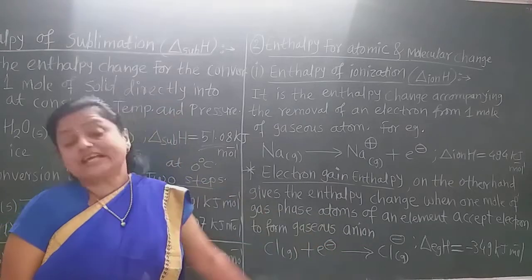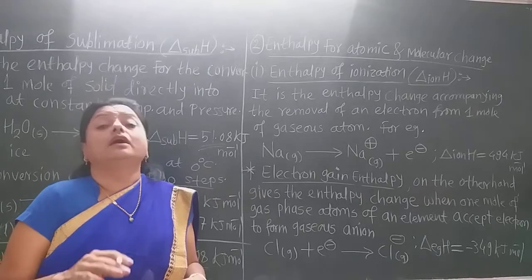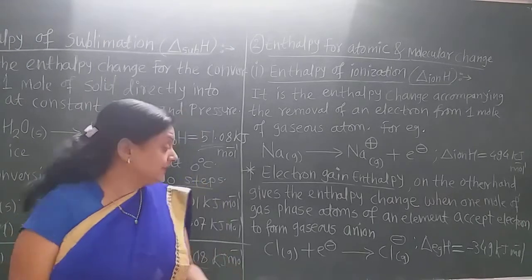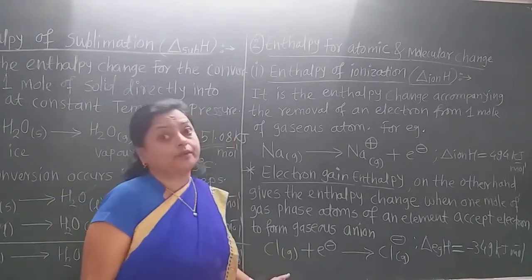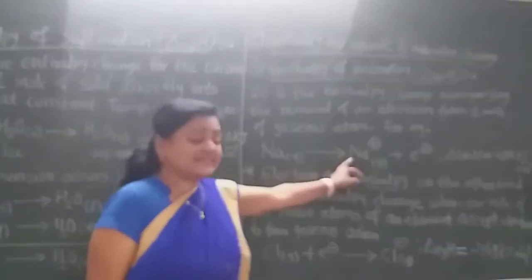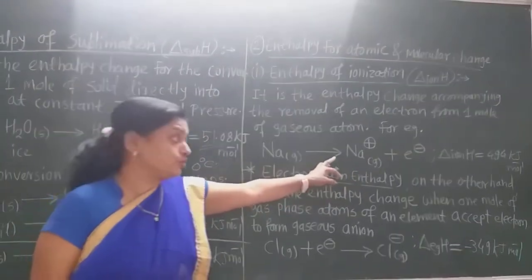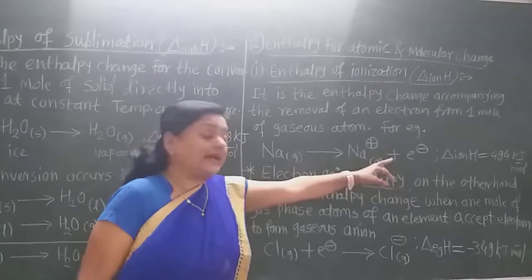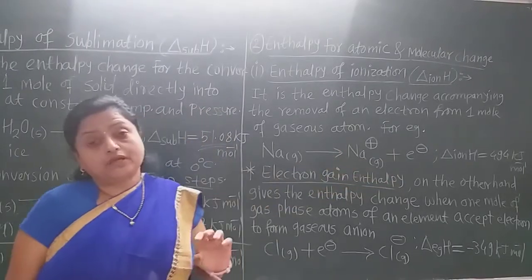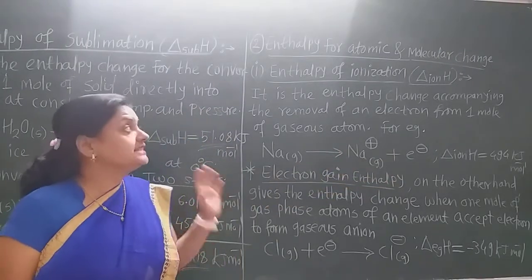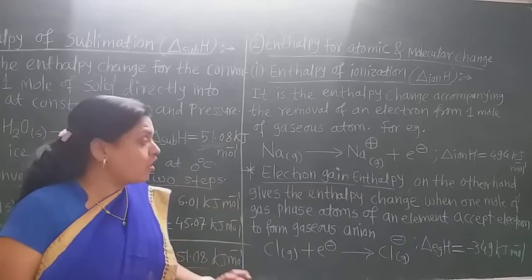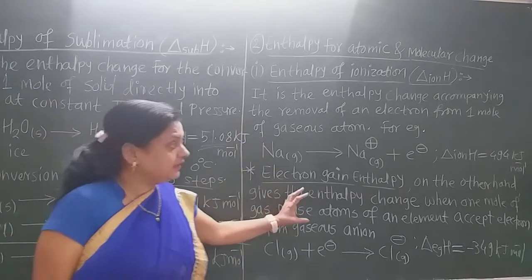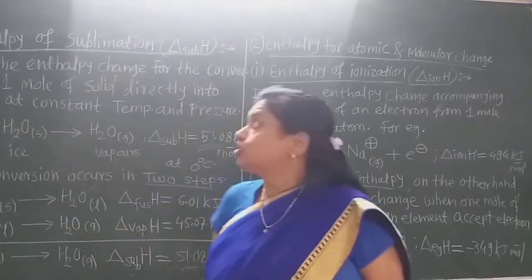Now the negative sign shows that heat is released during the addition of this electron, and the positive sign of the ionization enthalpy shows that that amount of heat is required and gets absorbed. Now this is about, students, the enthalpy of ionization and electron gain enthalpy, and also the enthalpy